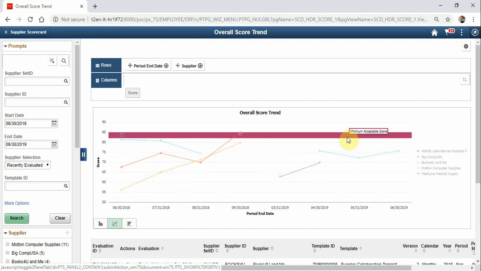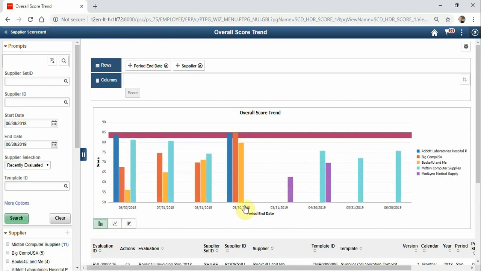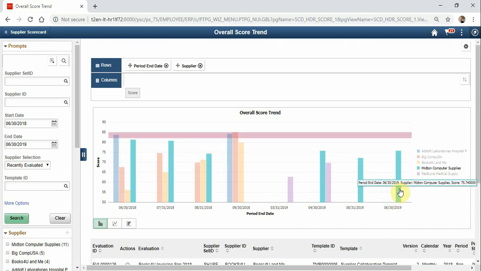So here we see the period end date, which is the evaluation period end date, and each color represents a vendor. So for example, the 30th of June this year is basically relating to the supplier Mitten Computer Supplies, which we have rated with an evaluation, and we can see that the score was 75%, which is the overall score for this supplier,